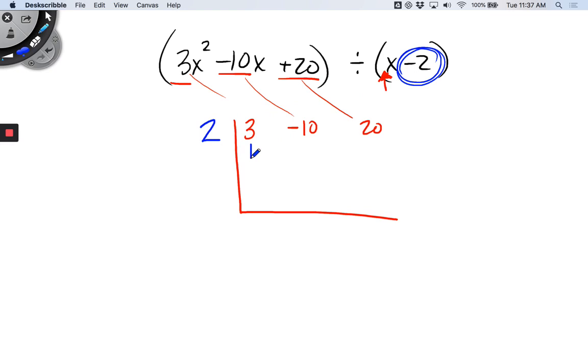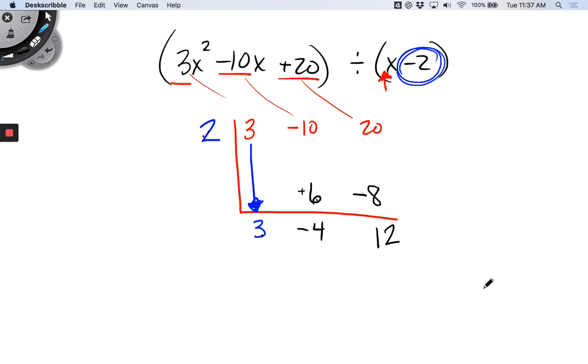Then I'm going to bring the first term straight down. So I bring down the 3. Then I'm going to multiply. 2 times 3, and I put that product here, which is 6. Then I'm going to add down. So negative 10 plus 6 is negative 4. Then I'm going to multiply. 2 times negative 4 is negative 8. Then I'm going to add down. 20 minus 8